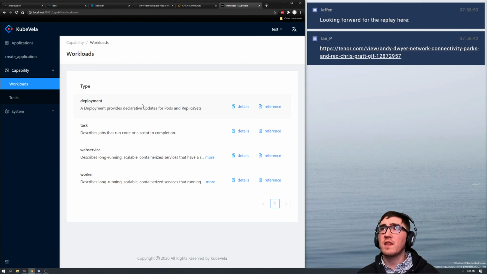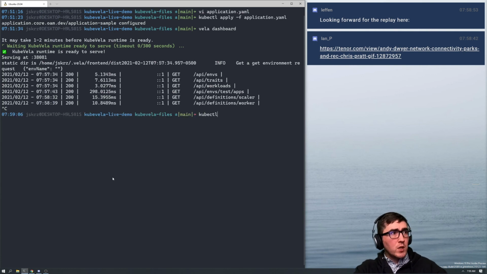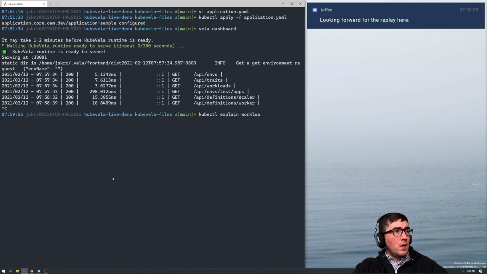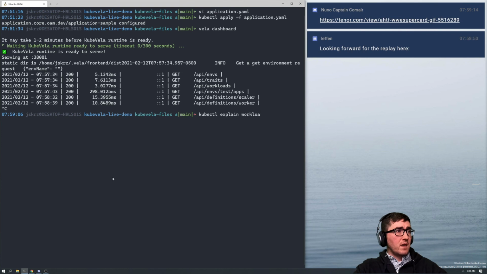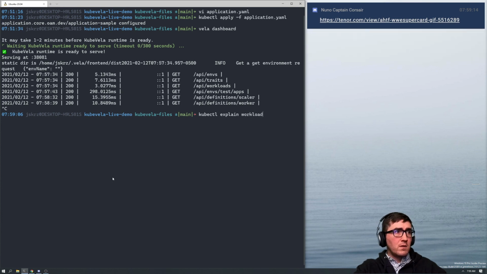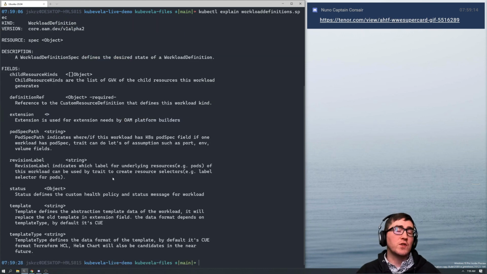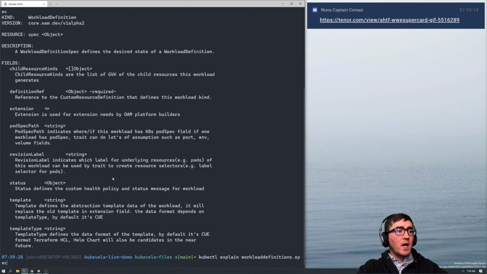One of the other things that I really enjoyed about KubeVela is that everything is using OpenAPI behind the scenes for their Kubernetes resources. And what that means is that if I do a kubectl explain on workload, give that a second to auto-complete. Yeah, it's got to be my network connection, because normally my Kubernetes clusters don't take that long to load. But if I do a kubectl explain, the workload definitions, all of the fields are annotated. So I at least have an idea of what needs to go where. So the workload